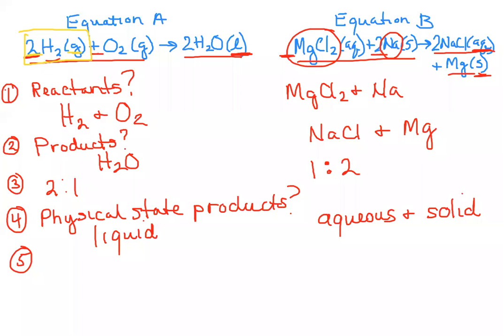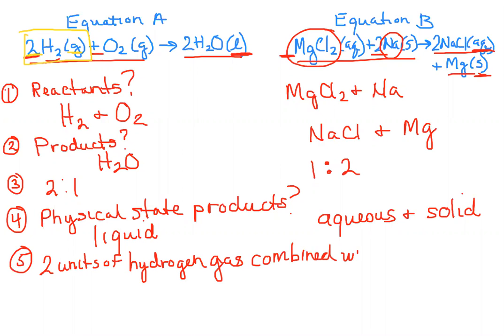So we're going to say 2 units of hydrogen gas combined with, now let's look at what it's combined with, 1 unit of oxygen gas